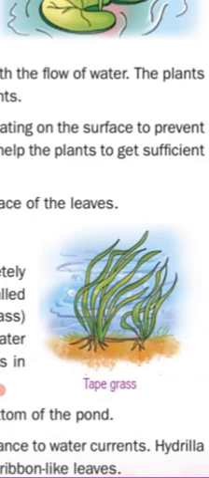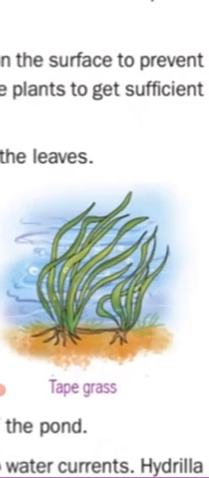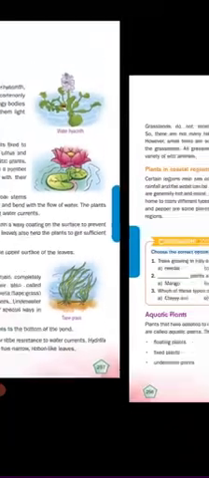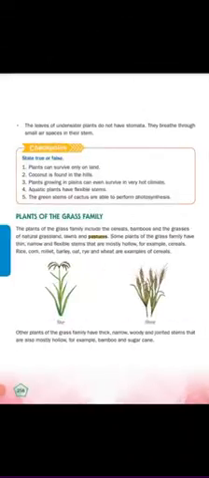They have flexible stems that offer little resistance to water currents. Hydrilla has tiny leaves, while tape grass has narrow ribbon-like leaves. The tape grass picture is given in your book. See how the leaf is narrow and ribbon-like. Clear? Yes. So next,